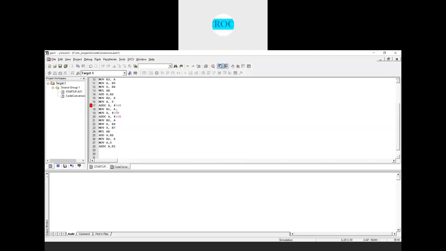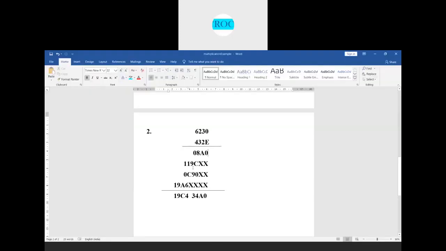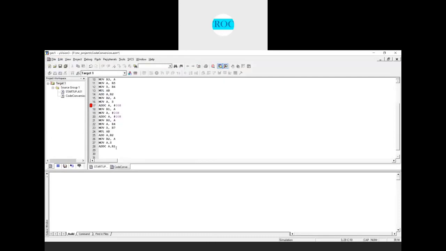As I said, if there was any addition because of that number, there was a carry to this bit and this result was stored in R1 register. Now I'm using the contents of R1.